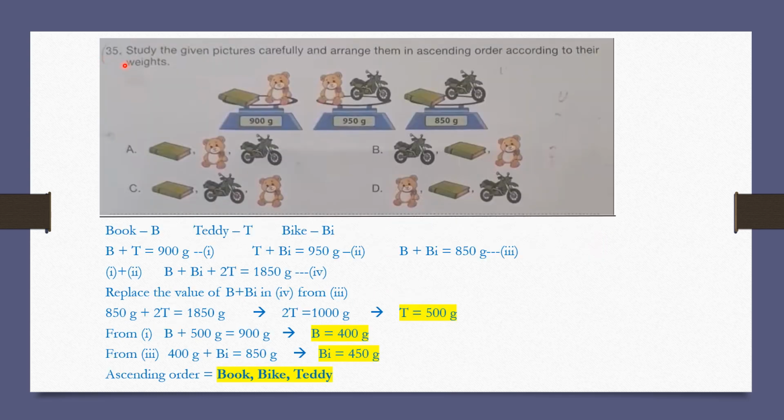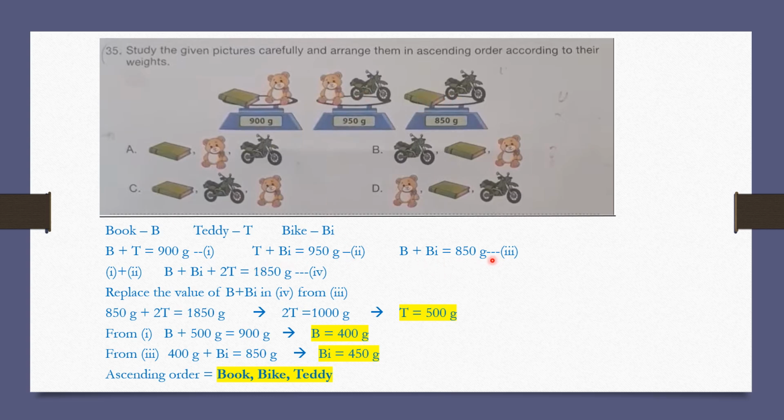Question number 35. Study the given pictures carefully and arrange them in ascending order according to their weights. So here we have book, teddy and bike. Book we have written as B, teddy as T and bike as BI. Now let's see the scale here. Book plus teddy equals 900 gram, teddy plus bike equals 950 gram and book plus bike equals